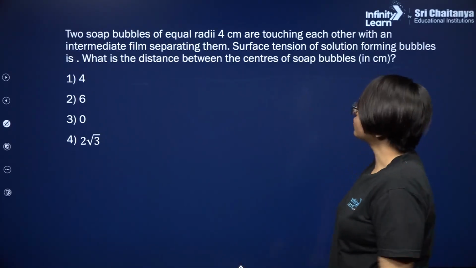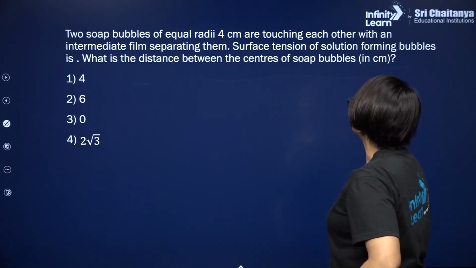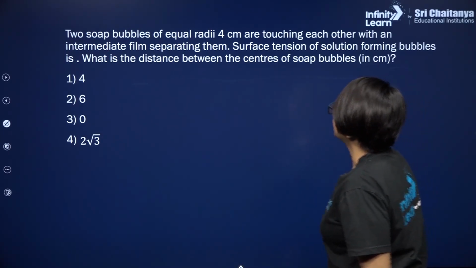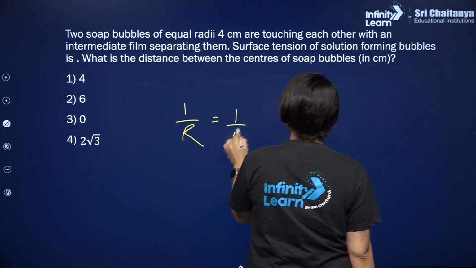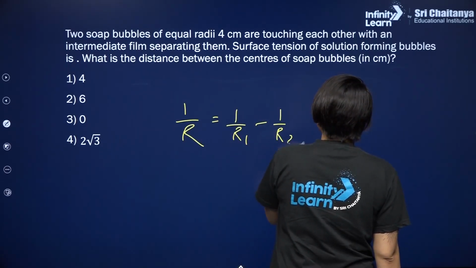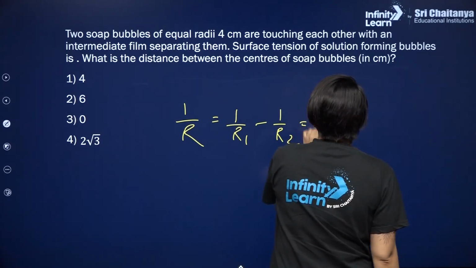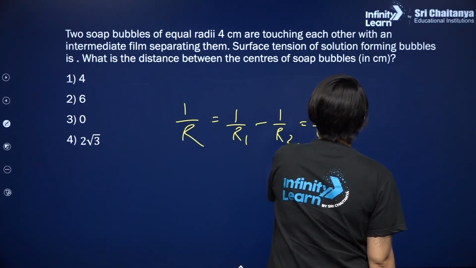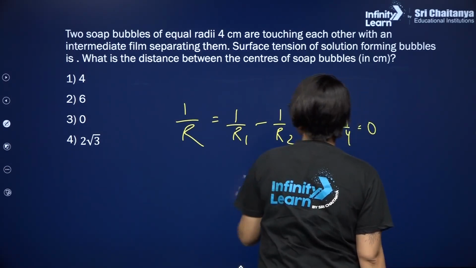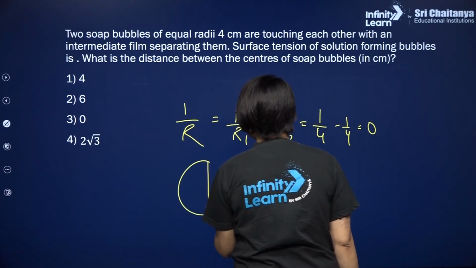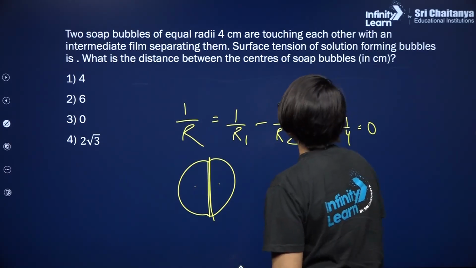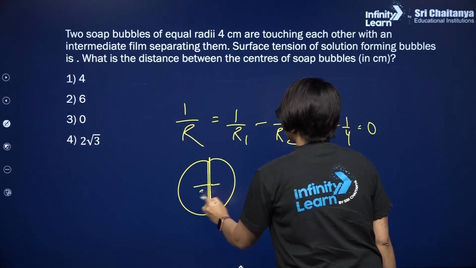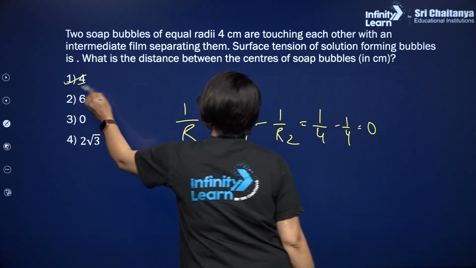Next is this one: two soap bubbles of equal radii are touching each other with an intermediate film separating them. The radius of the intermediate film is 1 upon r1 minus 1 upon r2. Over here it is 1 upon 4 minus 1 upon 4, that is equal to 0. So r is infinite, which means the intermediate film is a plane surface. So the distance between these two will be equal to 2 plus 2, that is 4 centimeter,